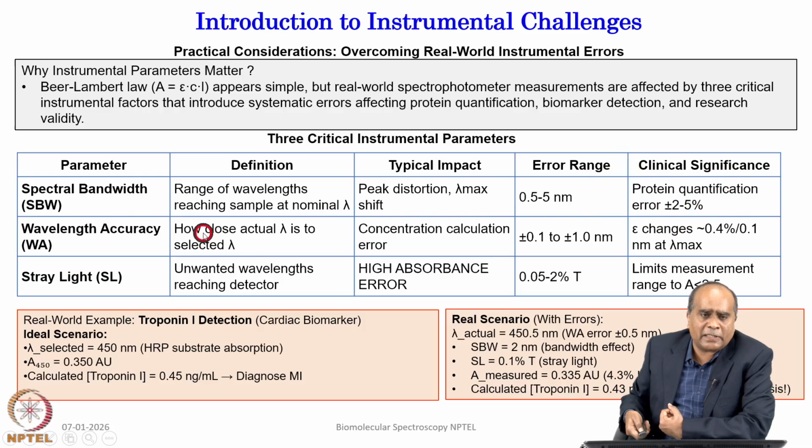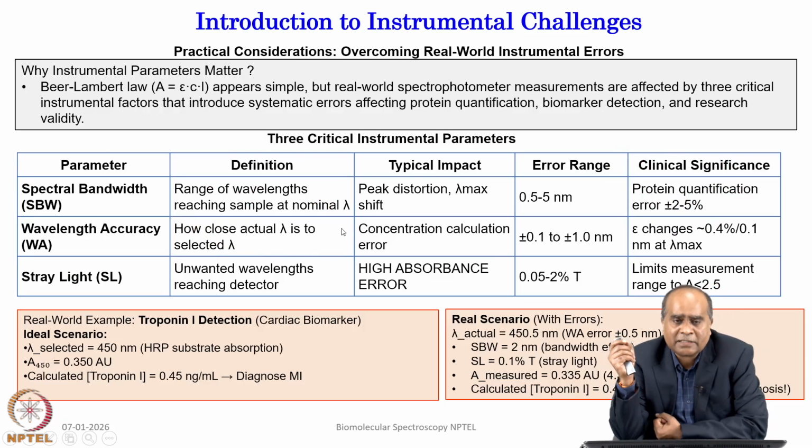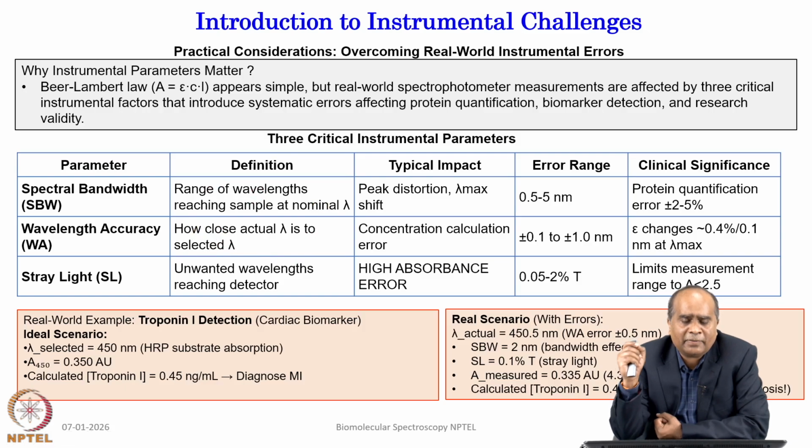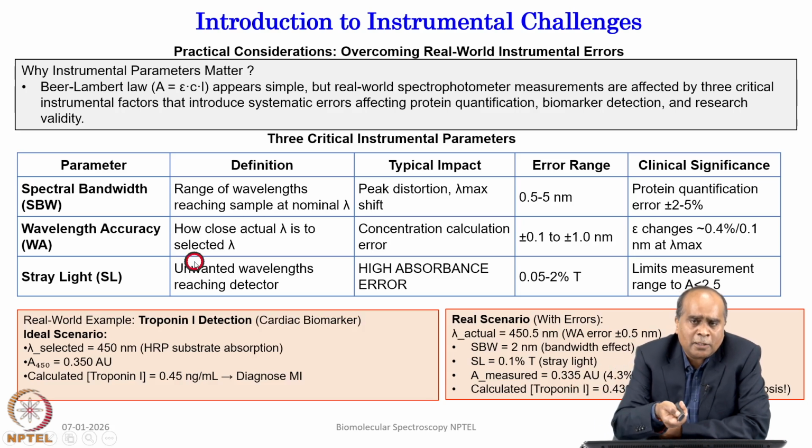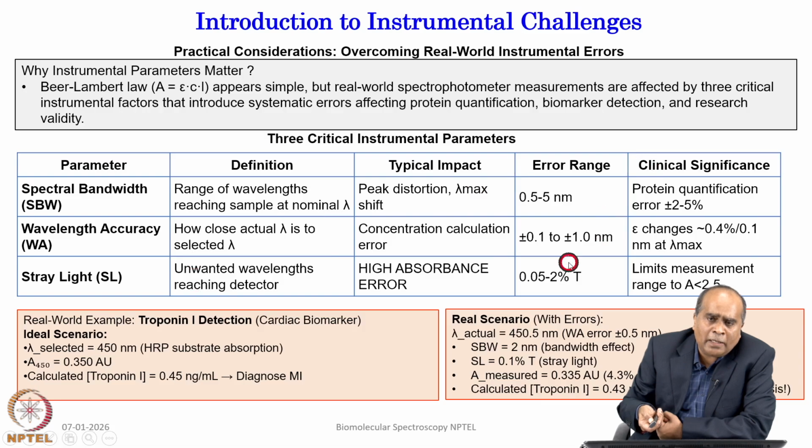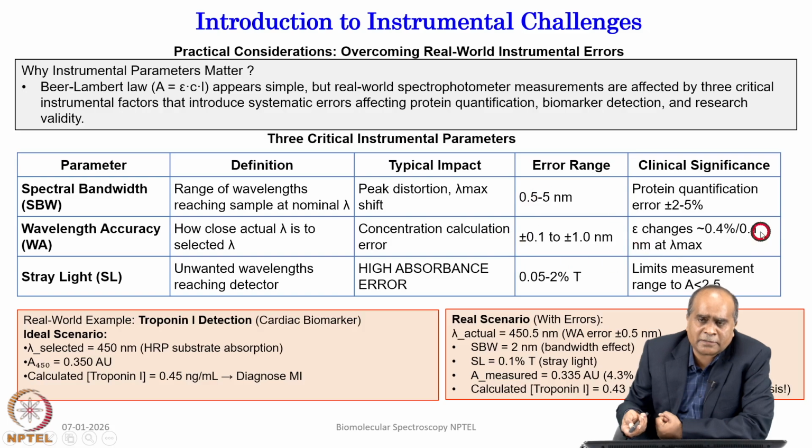Then wavelength accuracy tells how close to the actual wavelength we have selected. If we have selected 280, it should be absolutely at 280, it should not be at 279 or 278 or 282 or something like that. So, it should be less than 1 nanometer, 0.1 to 1 nanometer. If the wavelength is not correct, it can change the extinction coefficient by say 0.4 to 1%